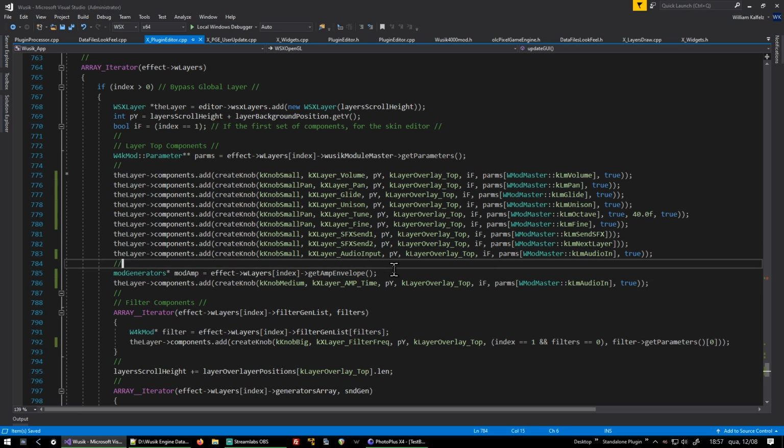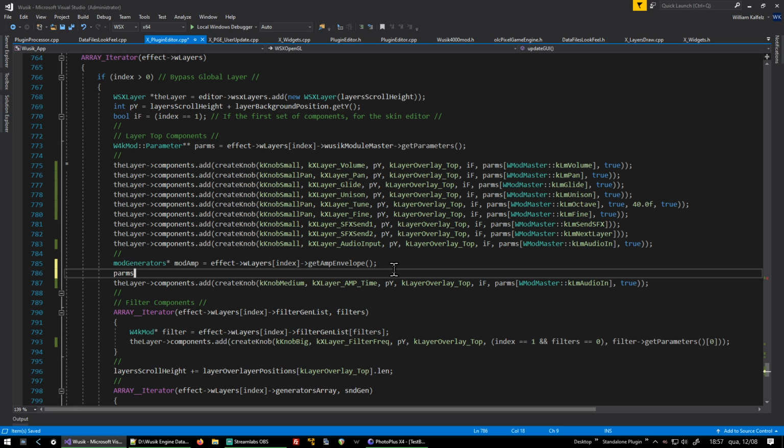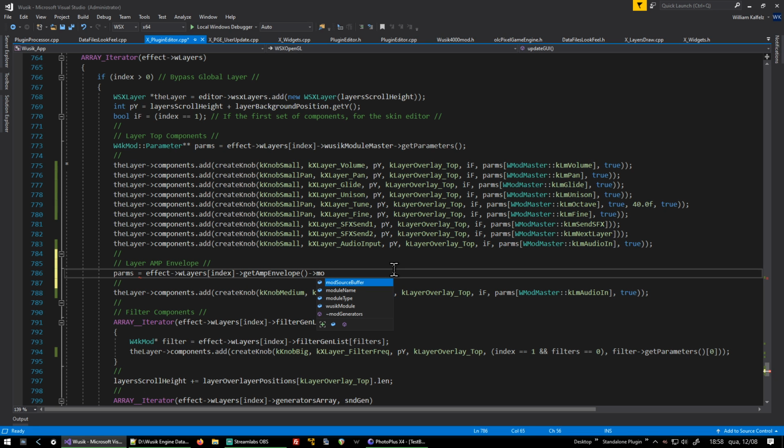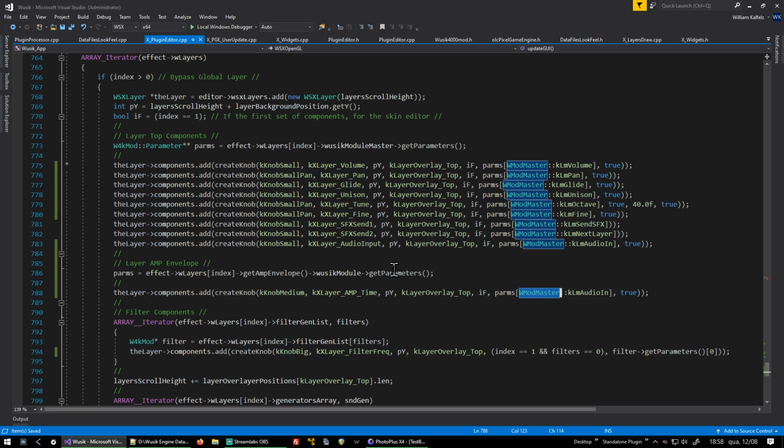I have to get the parameters. Amplitude, which I don't think we have to get, so I can go directly here. Get parameters. No. Oh, here, Wusik module, get parameters. Okay. So now I have to get the parameters,